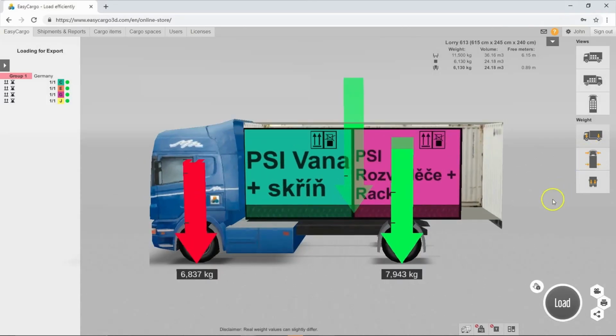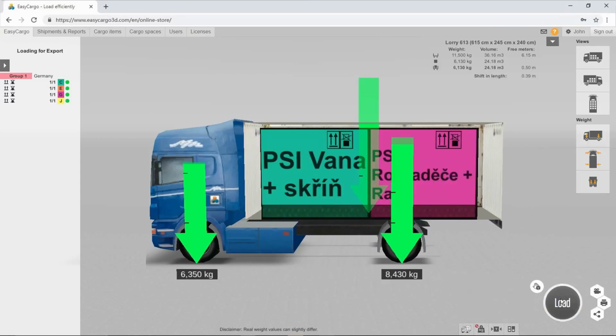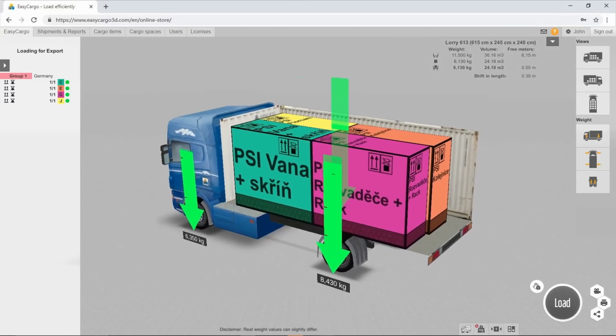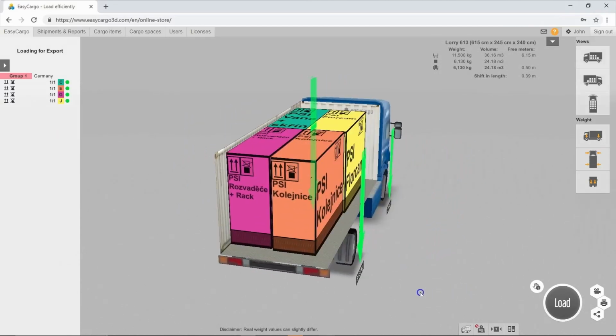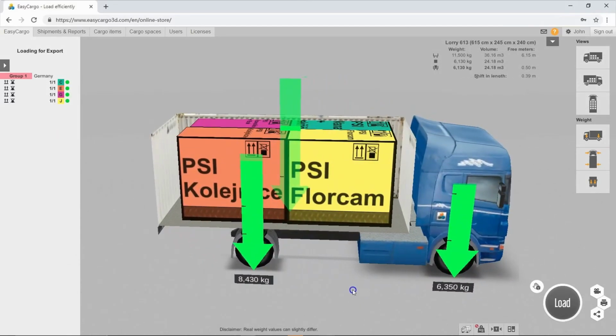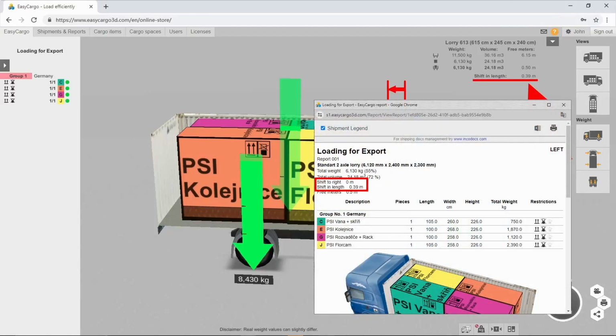This being said, if you turn on Shift Loaded Items to Mass Center in the adjacent menu, the calculation is adjusted, which can lead to loading more items even within the specified weight limits that would be exceeded with the default settings. You can see that the load has been moved so that its center of gravity is the same as the center of gravity of the cargo space, which also leads to a better load balance. The exact distance can be seen here and will also be stated in the print report.